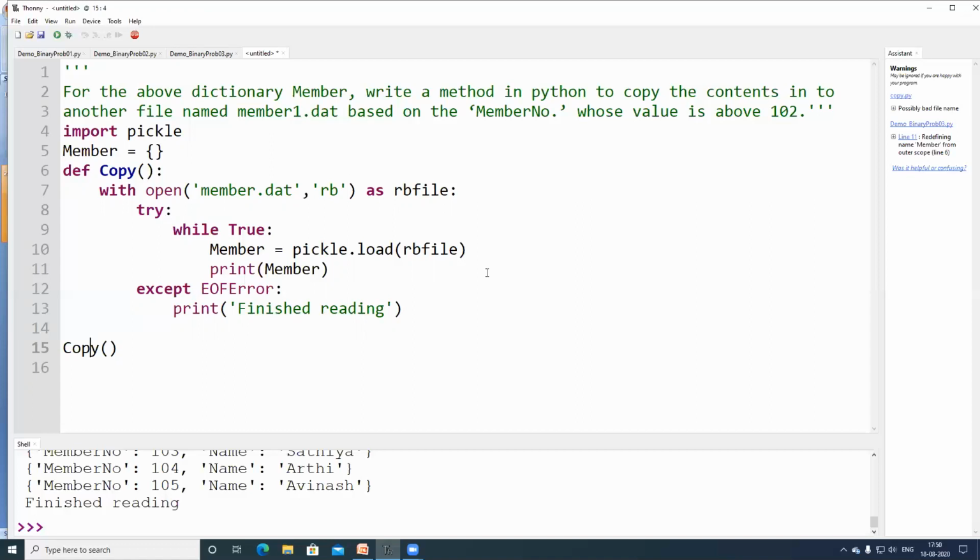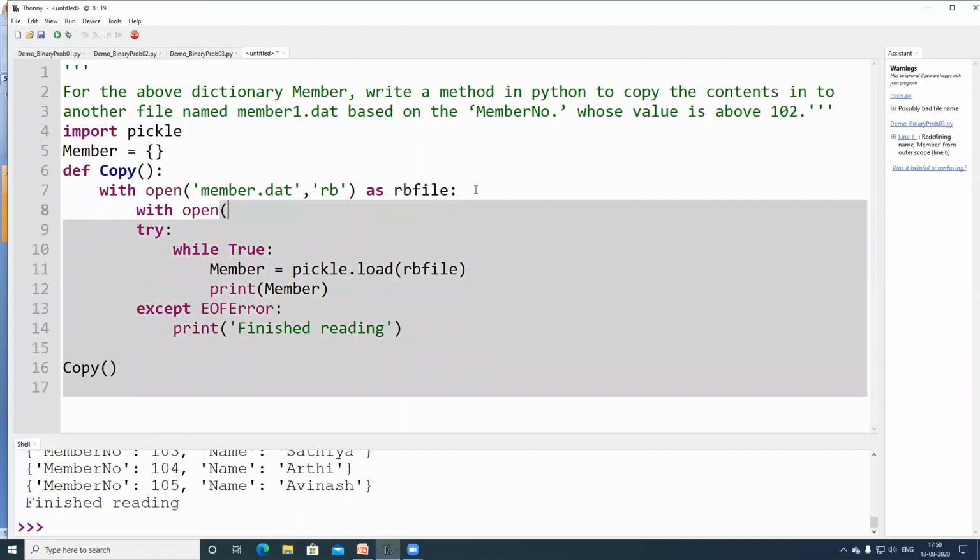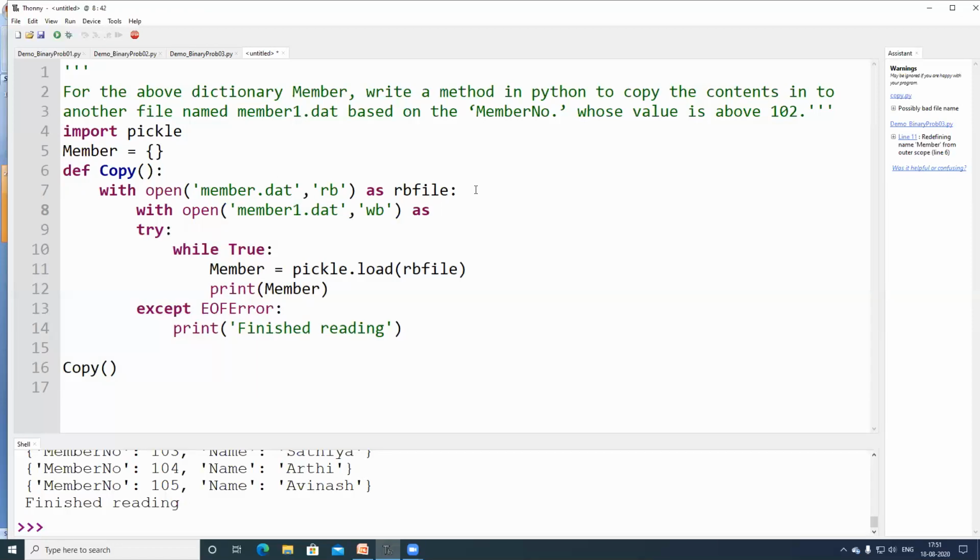What? I have opened only one file there, but this problem requires two files. So inside this with, I am opening one more file named member1.dat. Here, remember, I have to mention the mode for writing as WB file.